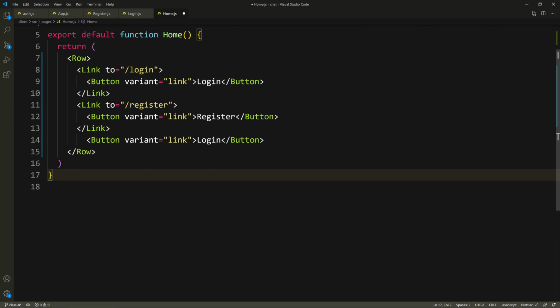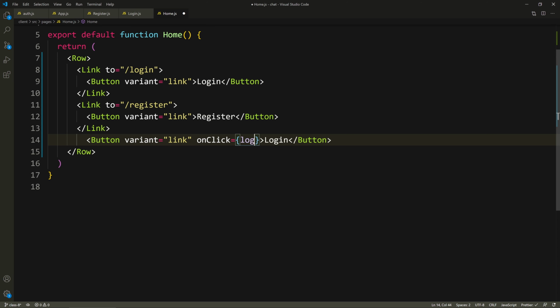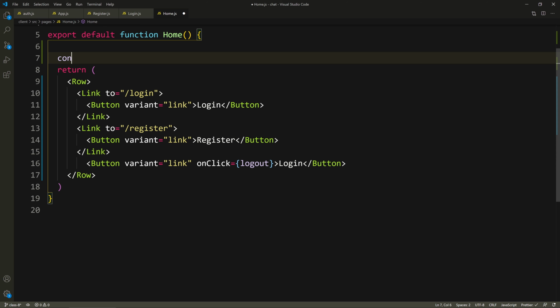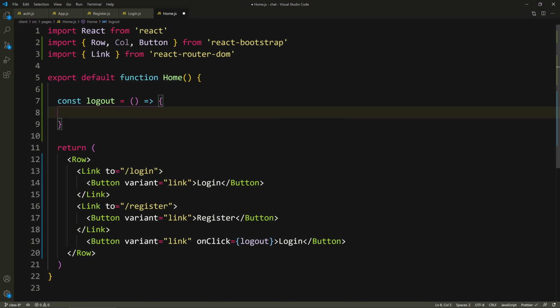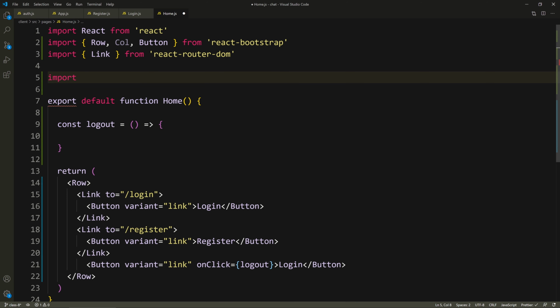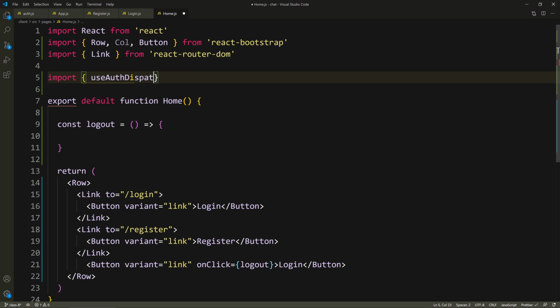And I'm going to give this button an onClick event. So we'll say onClick, and I'm going to give it a logout function, which we're yet to create. So let's create it. So const logout, let's make it a function. And this logout needs to use the dispatch and call the logout action from the context. So let's import the dispatch. Actually not dispatch, use the hook that gives us the dispatch. So use auth dispatch